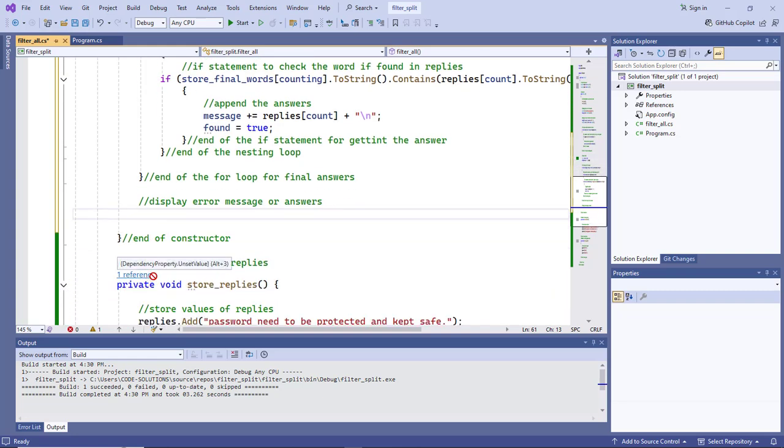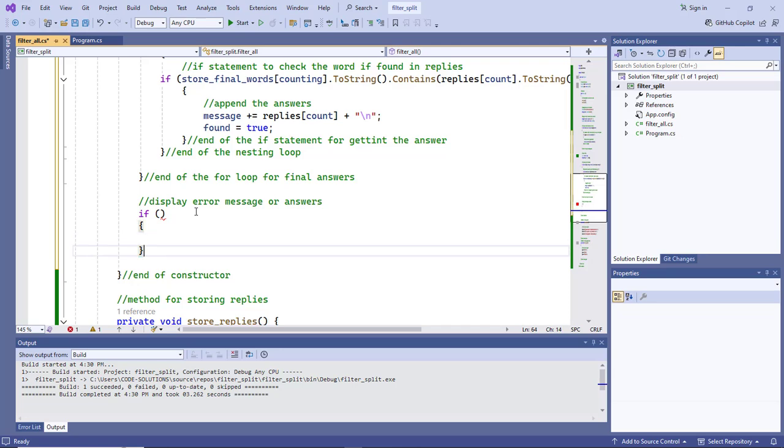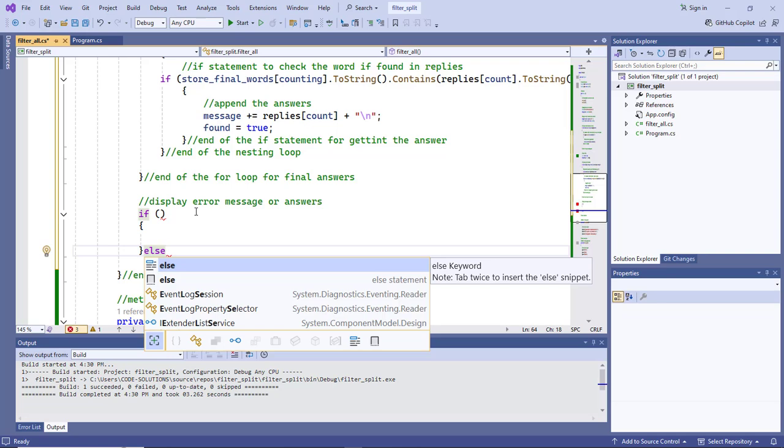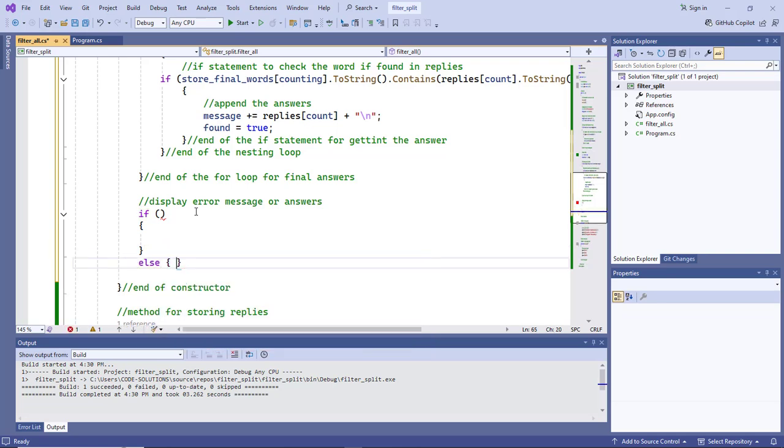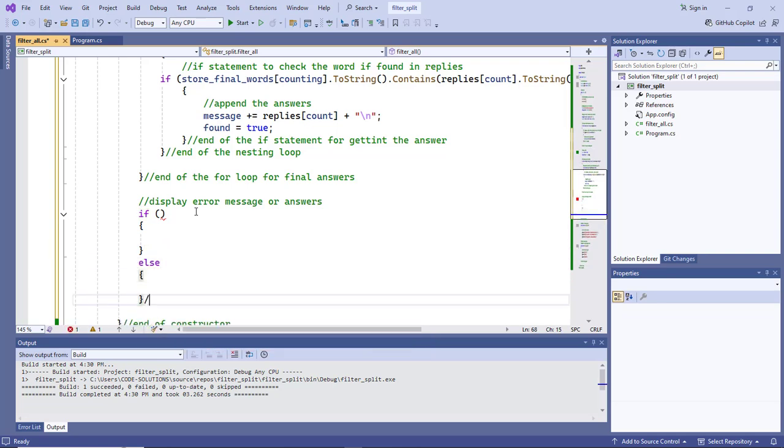So now you do the following. So if, and make sure that you have the open and also the close braces. And you put your else and make sure that you have open and also the close brace, and then you comment on this one,